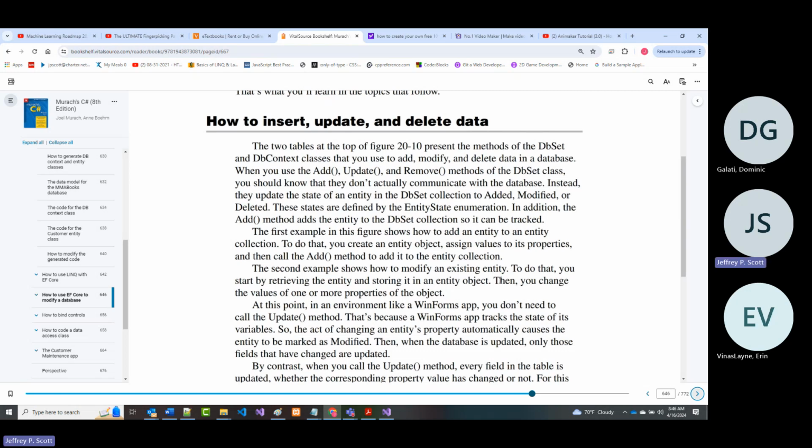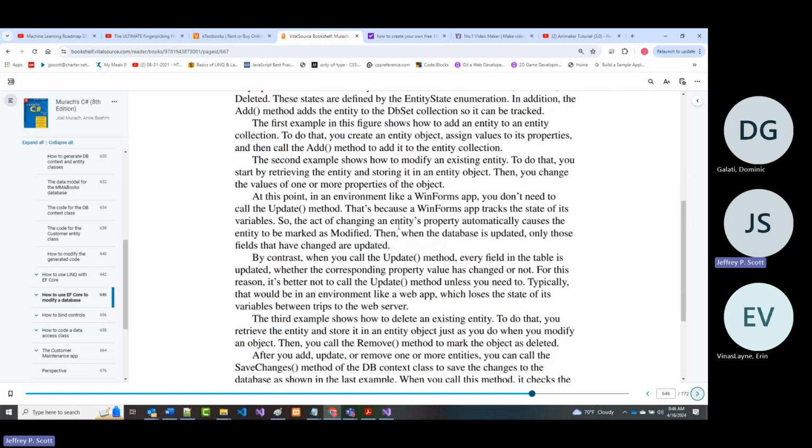All right. Again, they mention in here, you should know they don't actually communicate with a database. Rather, they update what's in the DbSet collection. And then when you do the SaveChanges, boom, that's when it writes it back to the database. So they've got examples in here. The first example that they show here